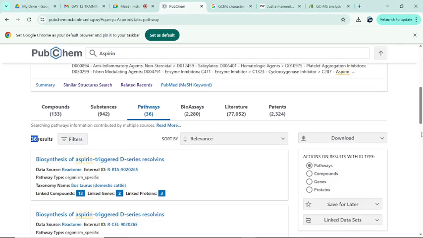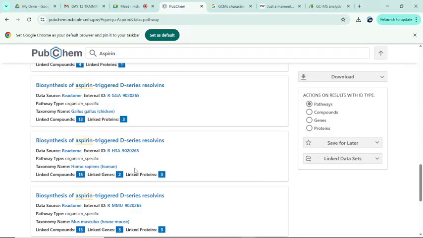This will tell you the metabolic pathways, but be careful of the organism. So this is for human. This is biosynthesis of aspirin trigger this series. If I click on this, it will give me information on the metabolic pathways of aspirin in the human body. So if you study this place, it will